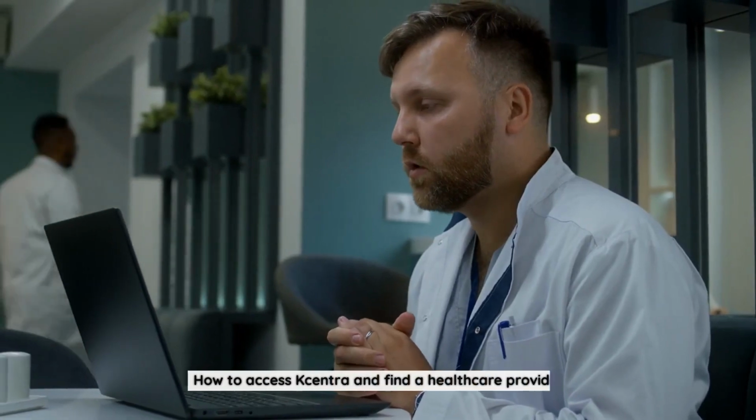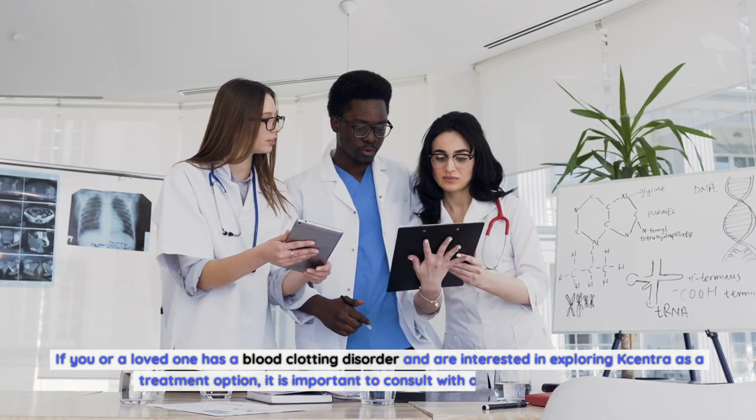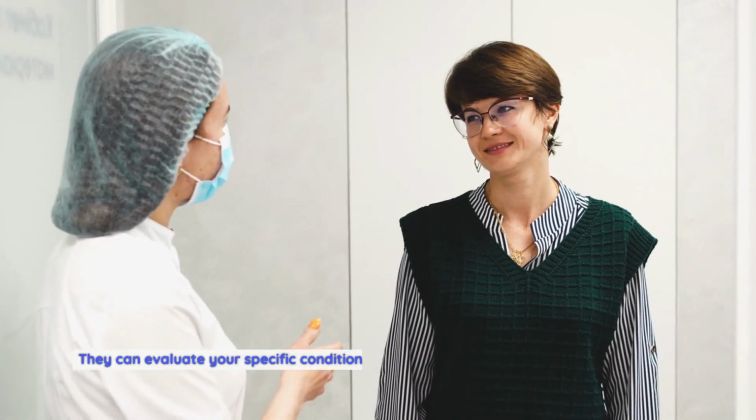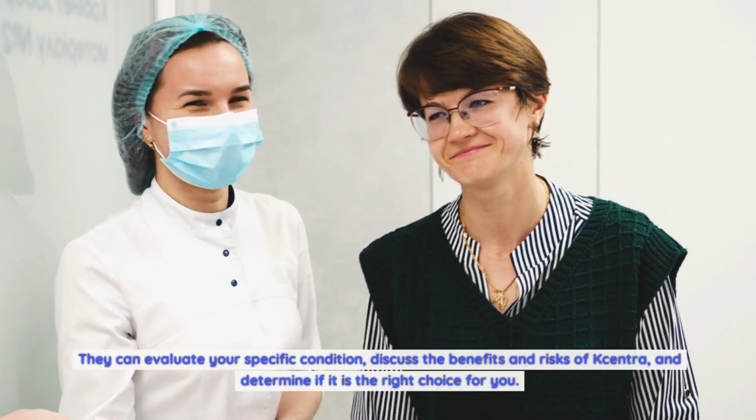How to access Kcentra and find a healthcare provider. If you or a loved one has a blood clotting disorder and are interested in exploring Kcentra as a treatment option, it is important to consult with a healthcare provider. They can evaluate your specific condition, discuss the benefits and risks of Kcentra, and determine if it is the right